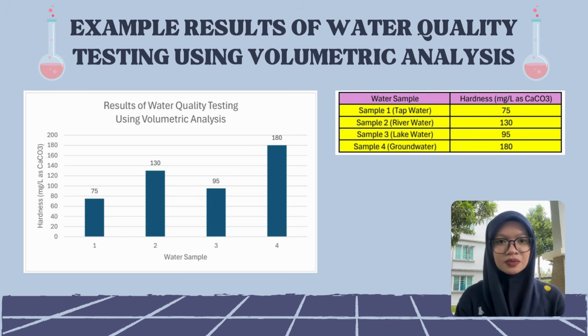mg per liter. This indicates that groundwater generally contains more dissolved calcium and magnesium ions because it remains in contact with rocks and minerals for a longer period. From this result, we can clearly compare the hardness of different water sources. This information helps water treatment plants determine whether additional treatment is required before the water is supplied for domestic or